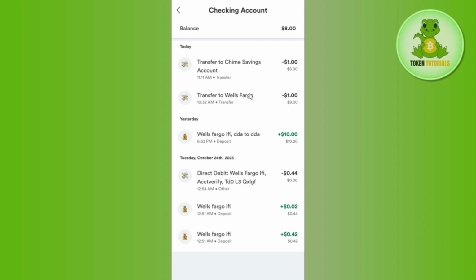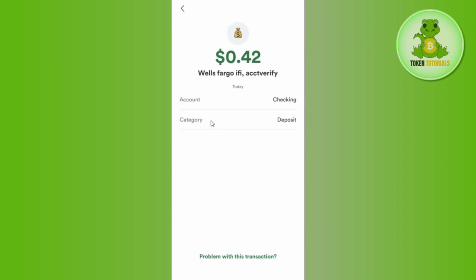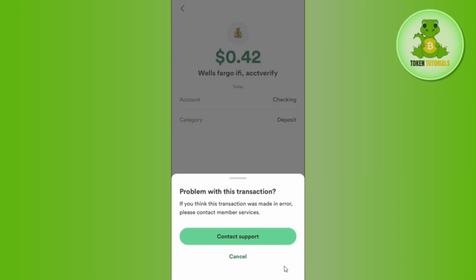Now, when the transactions are available over here, you just have to simply tap on the transaction in order to view more information. So if the charge qualifies for a dispute, you will typically see the option relating to this, which is going to look like problem with this particular transaction. So you just have to simply select this option and then you can just simply select the option of contact